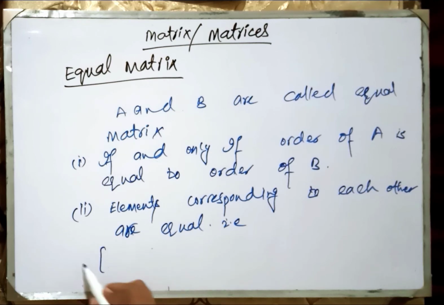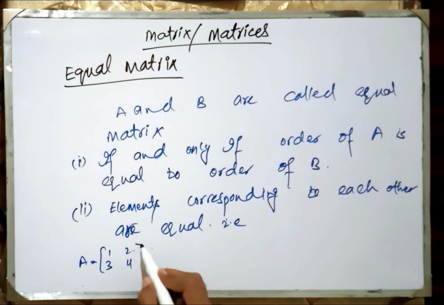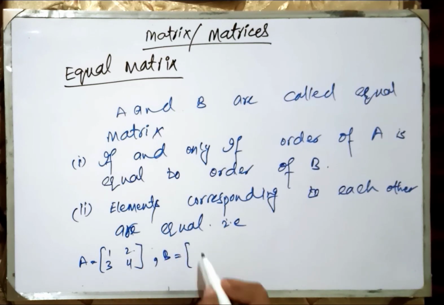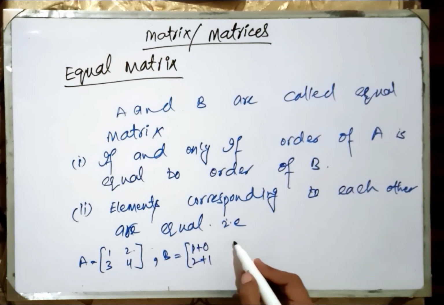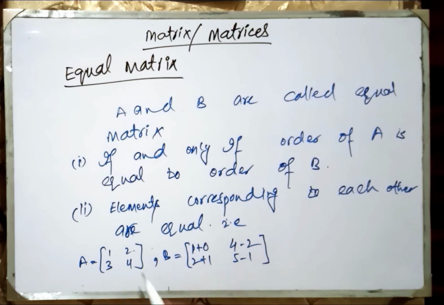if a matrix A is 1 2 3 4, and matrix B is 1 plus 0, 2 plus 1, 4 minus 2, 5 minus 1. So the corresponding element, the first element of matrix A, is equal to the first element of matrix B, and also this matrix is of order 2 cross 2, and this matrix is also 2 cross 2. Also, both matrices have the same order,